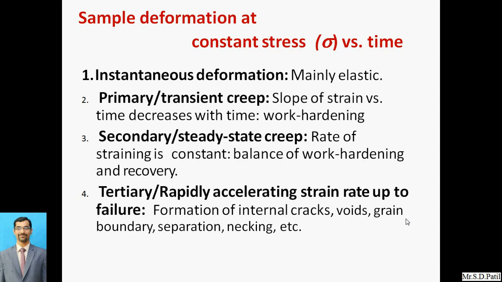So basically the deformation is elastic. Then secondary, or steady state creep, in which the rate of straining is constant, with a balance of work hardening and recovery. In the tertiary, there is a rapidly accelerating strain rate up to failure. Formation of internal cracks and voids, grain boundary separation, necking, etc. are formed in this particular phase. So basically internal cracks develop, then voids may occur, and the necking